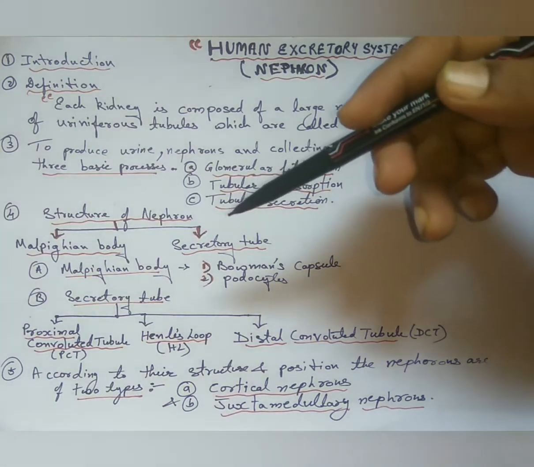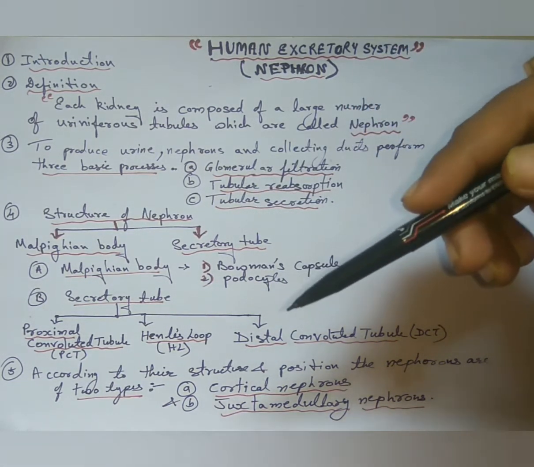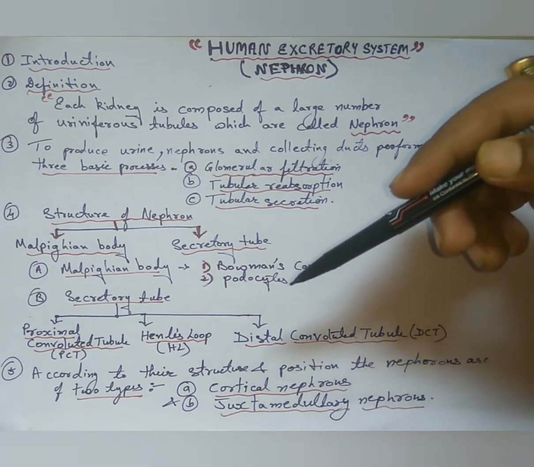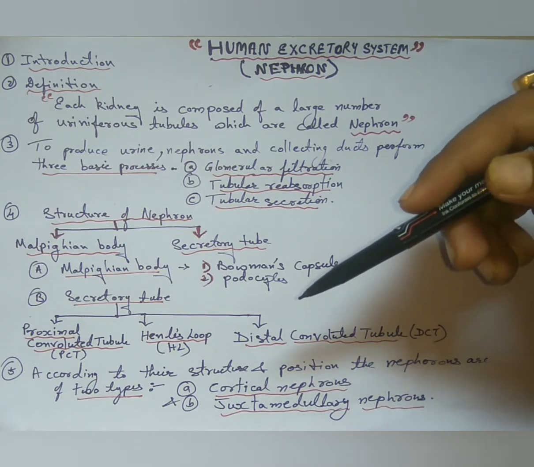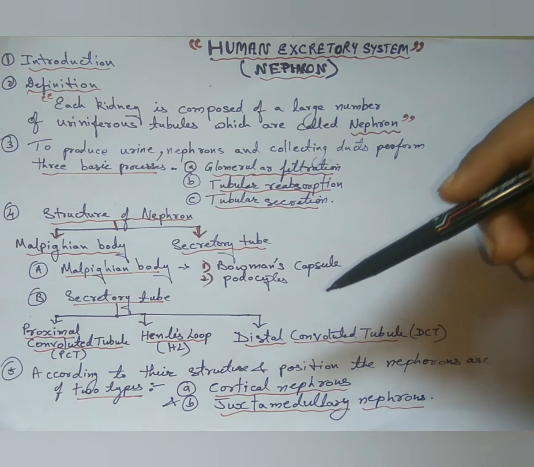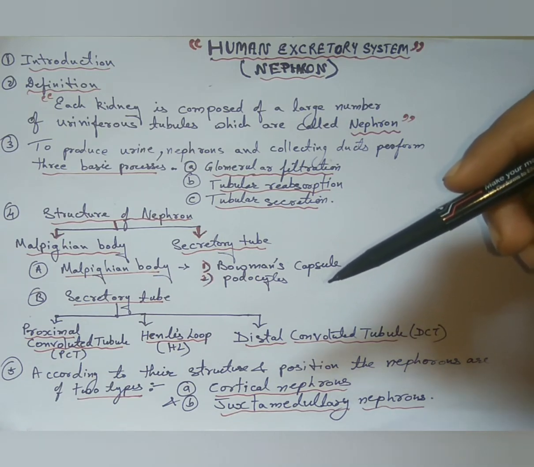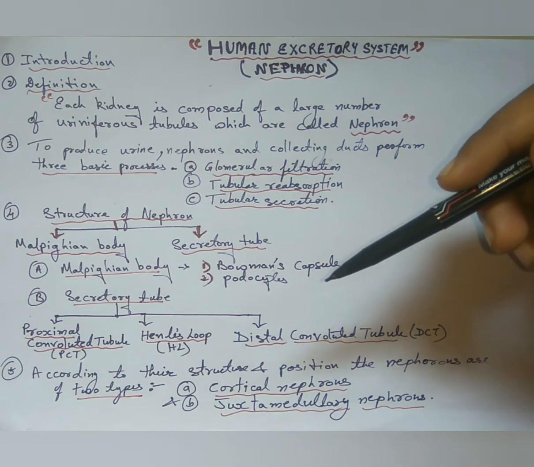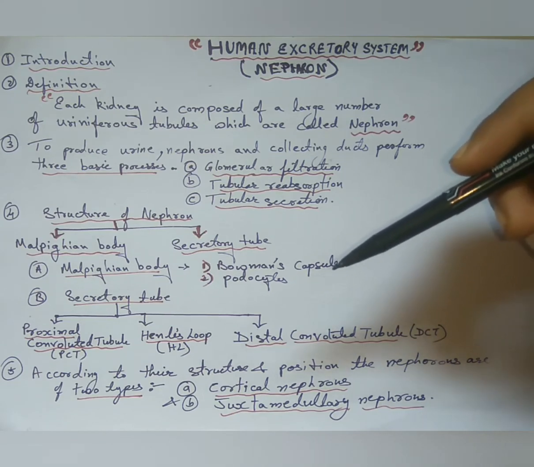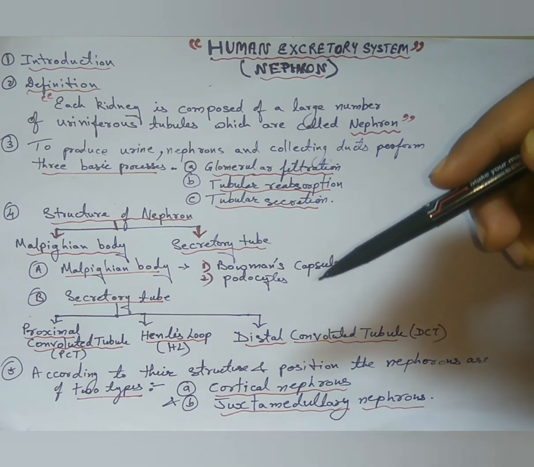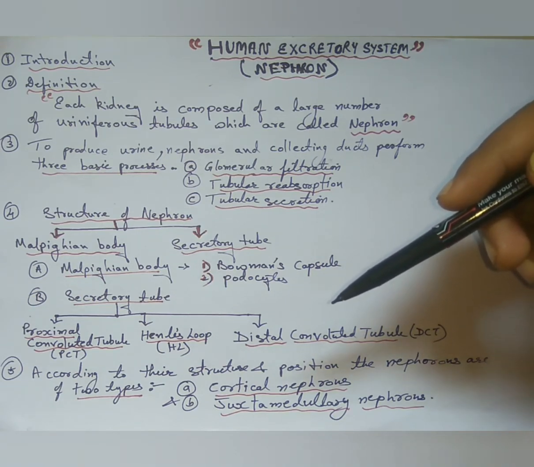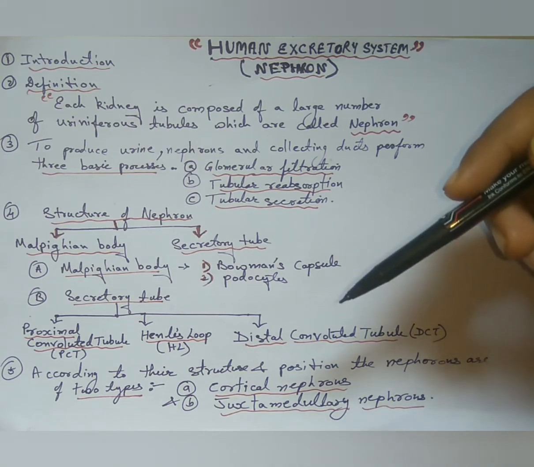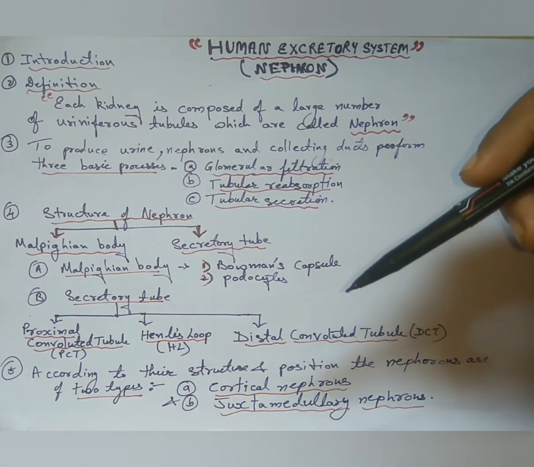Then we start the introduction. Nephrons are the functional unit of kidneys. Each nephron consists of two parts: a renal corpuscle where blood plasma is filtered, and a renal tubule into which the filtrate fluid passes. The two components of a renal corpuscle are the glomerulus and the glomerular capsule, a double-walled epithelial cup that surrounds the glomerular capillaries. Blood plasma is filtered in the glomerular capsule, and then the filtered fluid passes into the renal tubule.